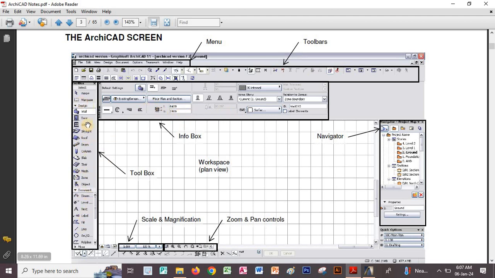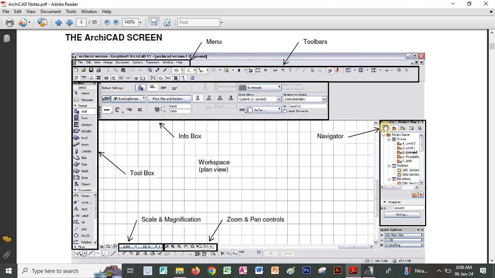The design tools are here. We have the design tools as well as document tools and others, but mostly we are going to work with the design tools. Here we have the walls, the doors. We are going to use them from here. Every time you click a tool, properties concerning that tool appear here in the information box,